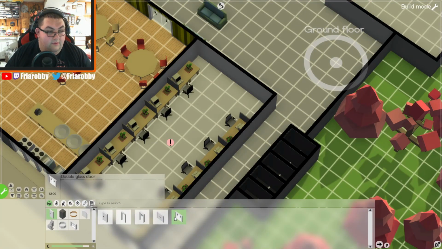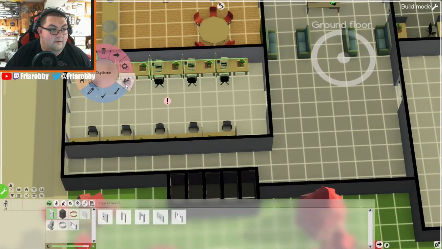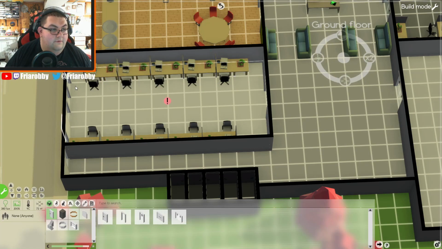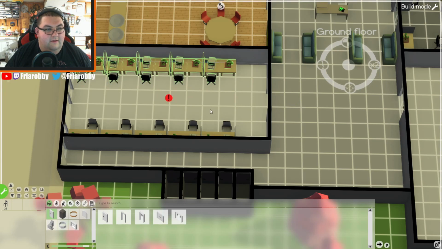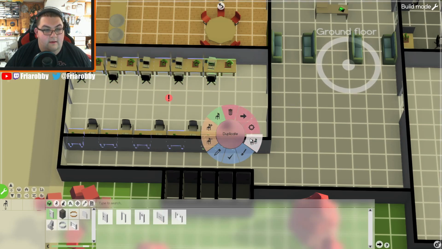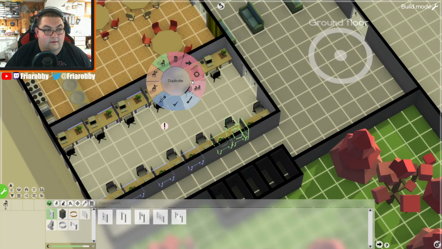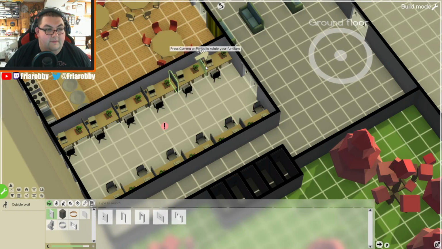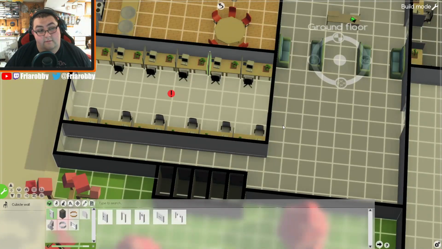I actually wanted to do this. I need to move all these desks. Not duplicate. Oh shoot, I messed up. Still getting used to the controls of this game. This is something you gotta get used to. There we go. Now I can go ahead and duplicate the last two on each one here. Hit duplicate. There we go. And then duplicate this one more time. Oh, dang it. Duplicate that one more time here. There we go. So now I can put, whatever, say 12 people in here? One will be the leader, so